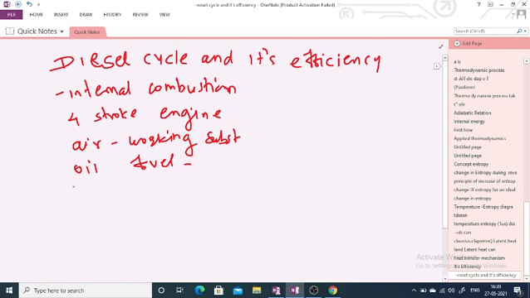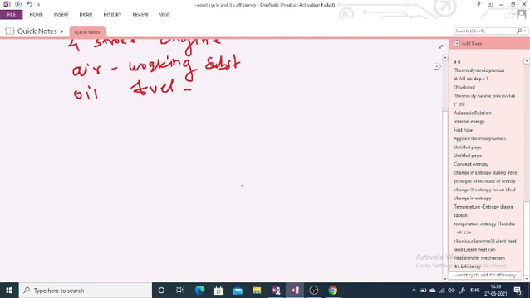Similar to the auto engine, there is a cylinder. It consists of a cylinder fitted with an airtight, movable, frictionless piston, whose motion is controlled by the crankshaft. All working is controlled by three valves and the piston. Those three valves are I1, I2, and I3. In the auto engine, there are two valves and the third is the sparking plug. In this case, the sparking plug is absent.